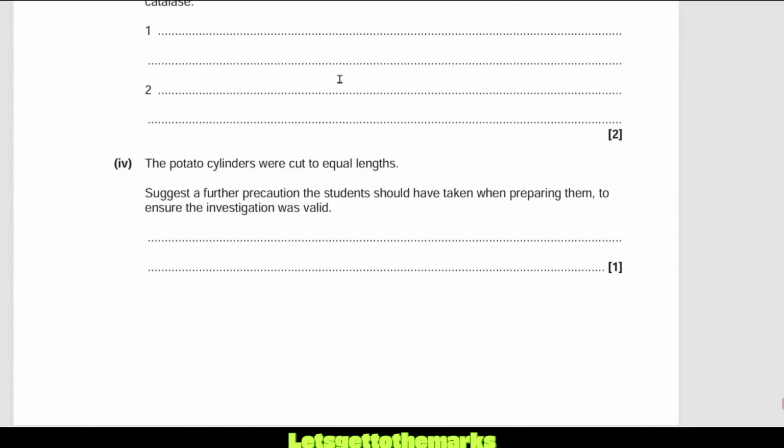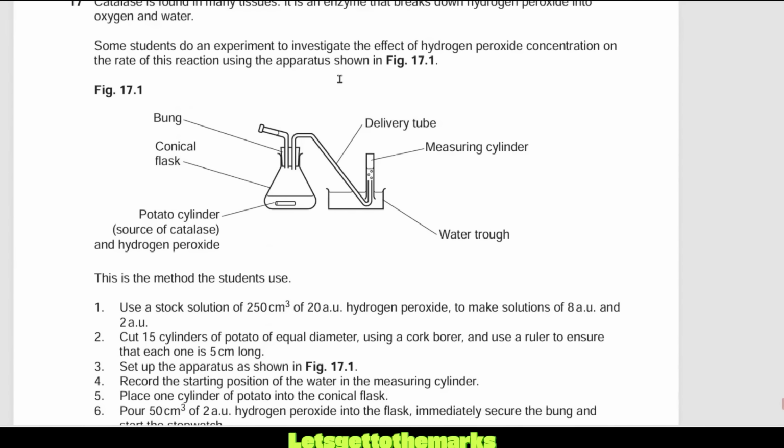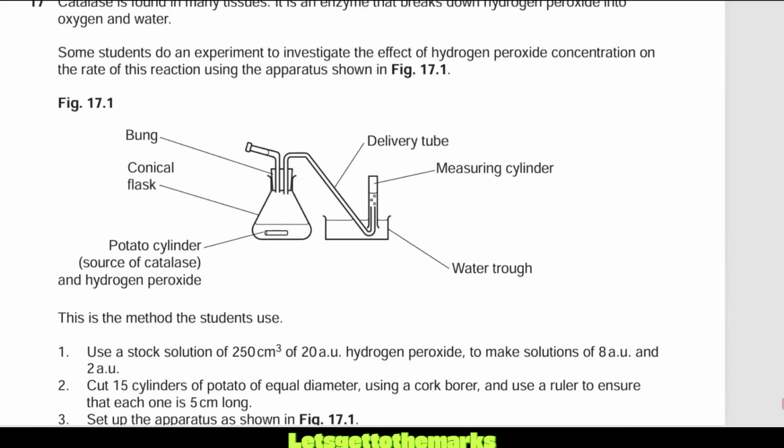Let's check out the apparatus. Where's the apparatus? Oh my gosh, right up here. Okay, so let's zoom in on this. If we check out this apparatus here, what the question's saying is they assume that the volume in there is all the oxygen given out from here, that this is oxygen. Well, for a start, there might be other gases in the water or in the delivery tube. There's air in the delivery tube, right? That gets pushed through. So it might not be just oxygen going in there. It could be other gases like carbon dioxide or air that is being pushed through.